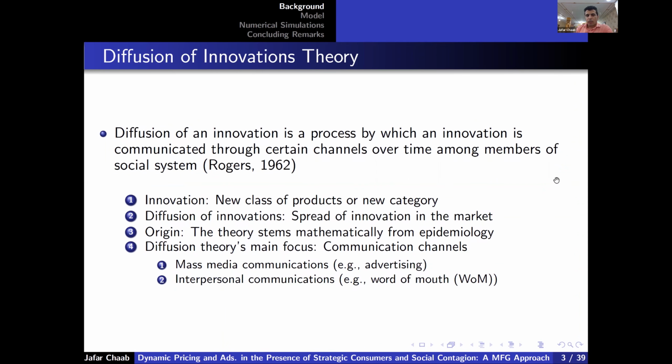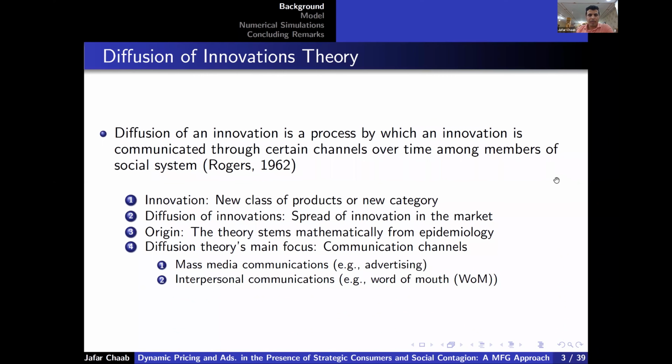Okay. So basically, in this study, we are considering a specific product in the sense that it will be a new class of product or new category of product as opposed to a new brand or a new model of older products. So we name it innovation, and we have a theory for these kinds of products, which is called diffusion of innovation theory. I know probably most of you are familiar with it, but I'm gonna give some background